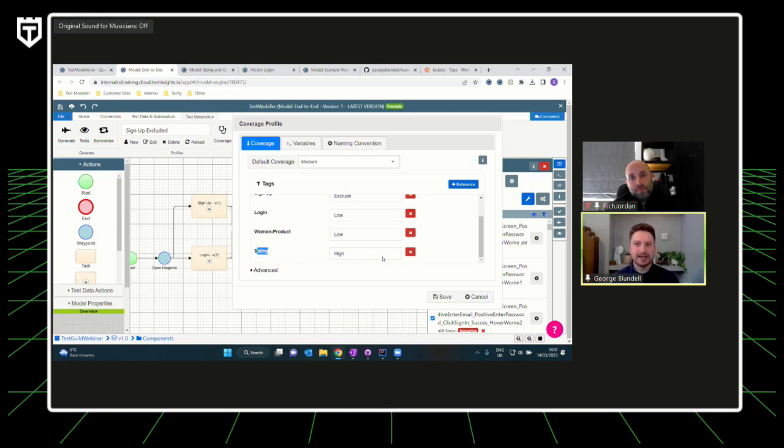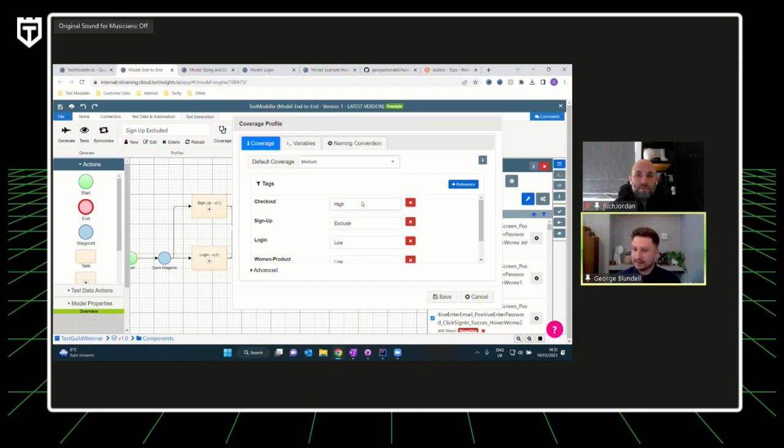So as Rich was saying, if you've got one component that is much higher risk, in this instance, a checkout process is probably higher risk than the login process, because we're obviously dealing with people's money. So it might make more sense to set a higher coverage tag to that, so that when we're creating the tests, we're focusing in much more on that checkout process. So that's the risk-based testing aspect.